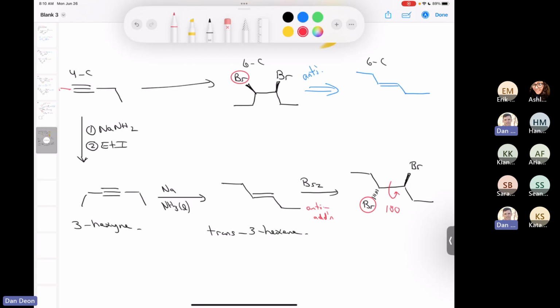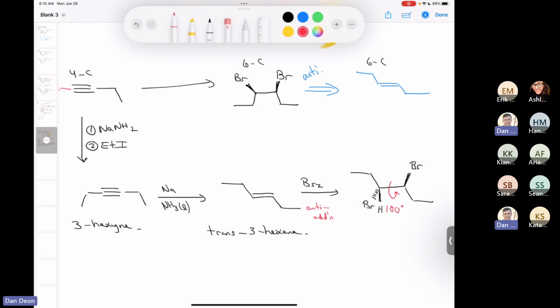Now, there's a couple of ways you could do this. I suppose there's 3 ways. You could do it with a molecular model kit. That's one way. You could do it by drawing a Newman projection, but the best way is to just familiarize yourself with the idea that if the bromine is going behind the page, that means that you have a proton coming out like this. And so if I rotate this bond 180 degrees,